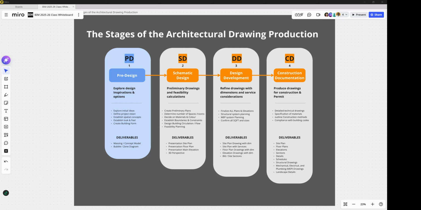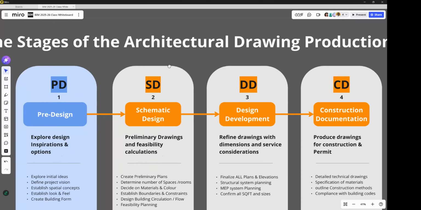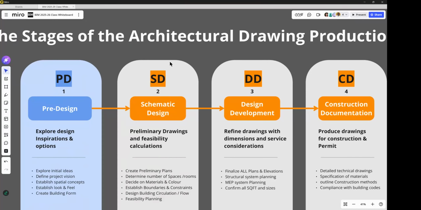We are going to be using SketchUp for today. We may not get to Revit today, but that's okay. So I want to show you these 4 boxes, right? Hopefully you guys can see it okay. And this is what we're going to be coming back to, these boxes, throughout the entire semester.